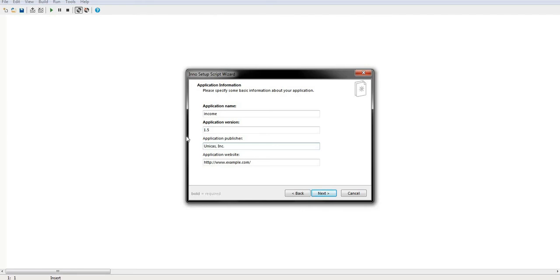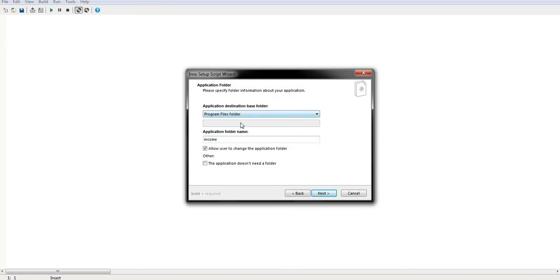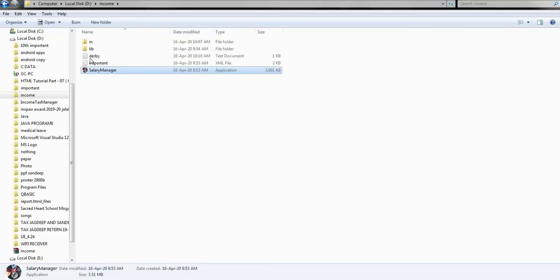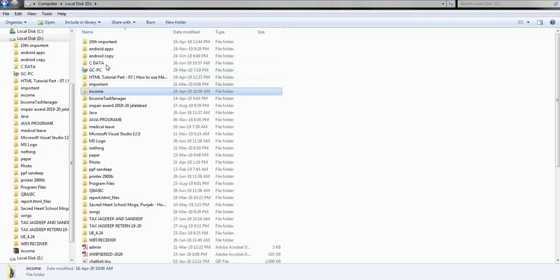So Unicas, and here we are gonna keep the website. So let's go for keeping the website name. So actually I haven't uploaded my website still. Sorry. So then click on next, and now in this base folder click on custom and enter the path. So I need the D drive, yes. So now click on next,